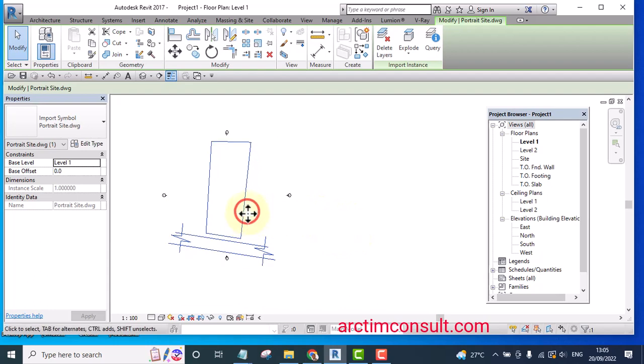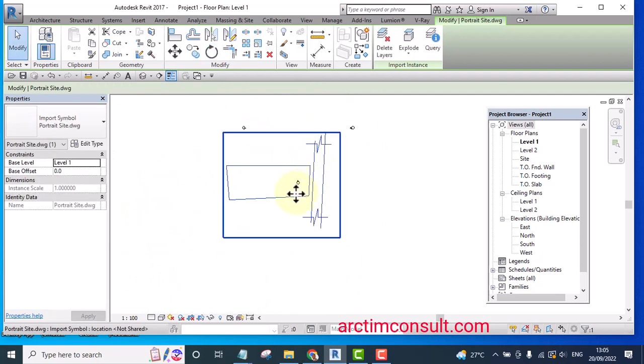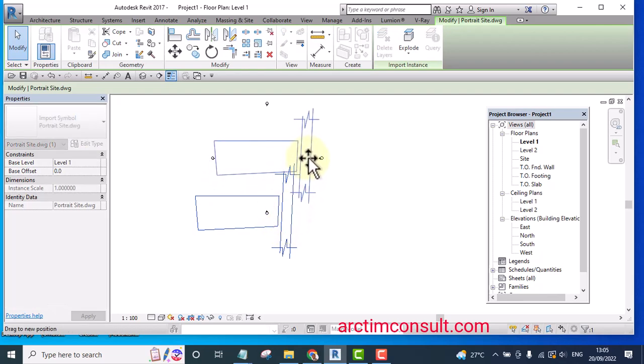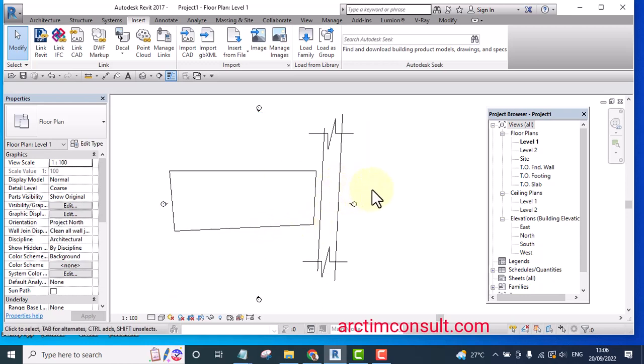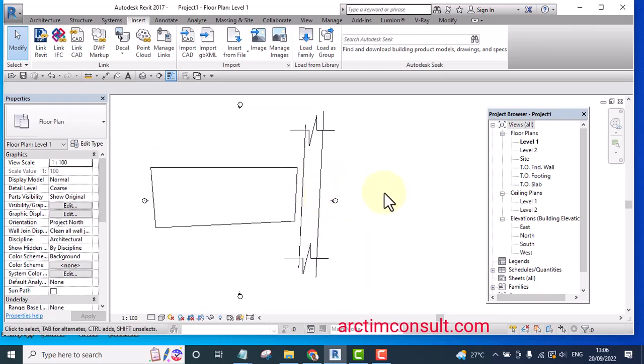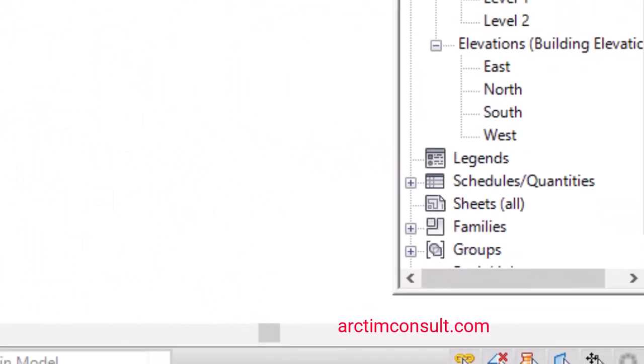Now, what I do is I will normally rotate this, then place, and maybe I can select my axis here, and I can decide to position it like that, and move it to the center of the elevation marker. You can see the way I position it as in landscape now,